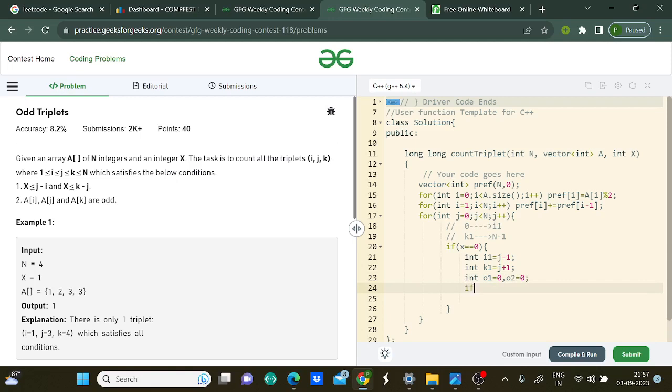Okay, so if i1 is greater than or equal to 0, then there can be some number of odd integers in the range 0 to i1, and that is going to be nothing but pref of i1. Very simple. In a similar manner, if k1 is less than or equal to n minus 1,